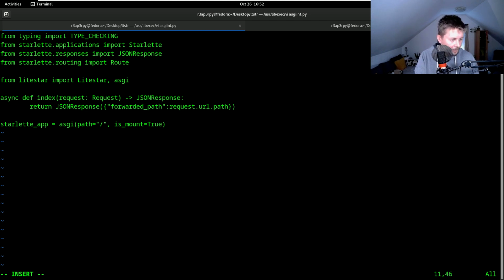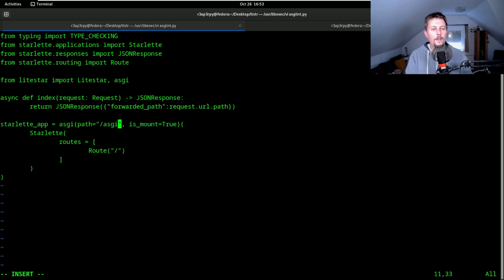After that, what we have to do is to call this application with the arguments, so like instantiate it, and we say Starlette, and here we will have the routes, and this is going to be a list of routes. So Route, let's call this ASGI, and here we pass the index function and the route